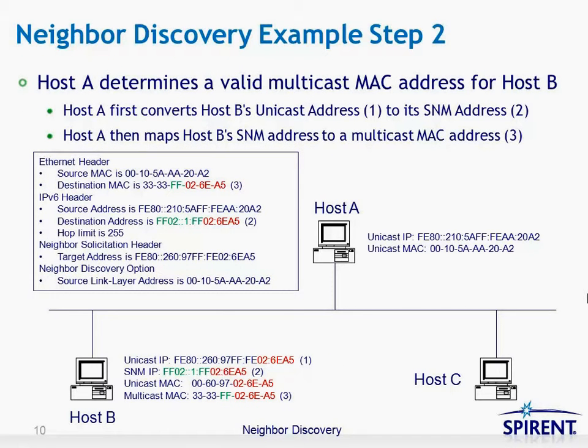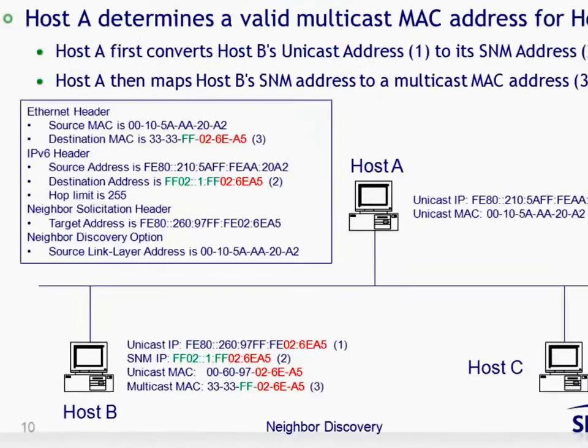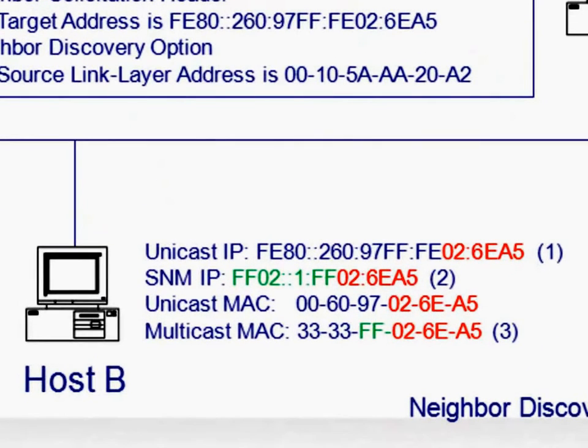Step number 2, host A needs to determine a valid multicast MAC address for host B. Well, how does it do that? So there are different steps that it goes through. It first converts host B's unicast address, depicted as item number 1, the unicast IP address, to its SNM, solicited node multicast address, which is depicted as item number 2. One thing you might notice on this slide is the least significant 24 bits of each different type of address, whether it's the IP or the MAC address, is depicted in red, and in fact they're all the same for the host B, which is